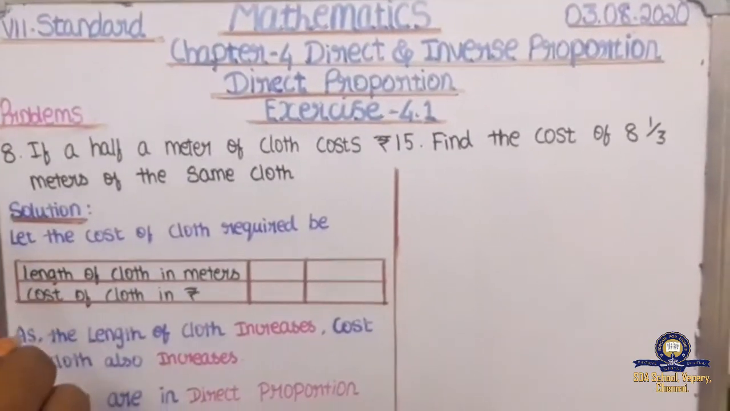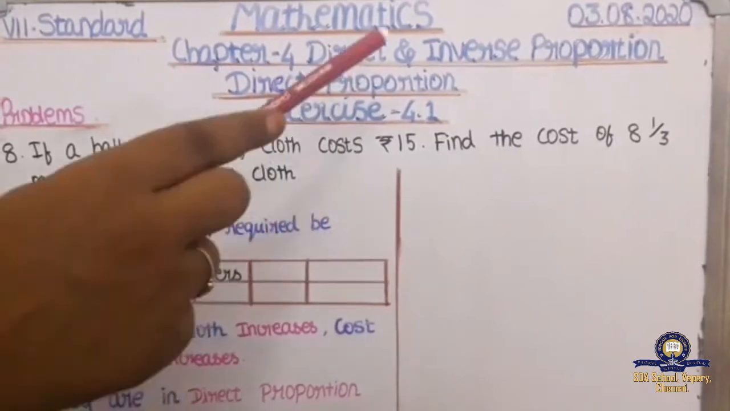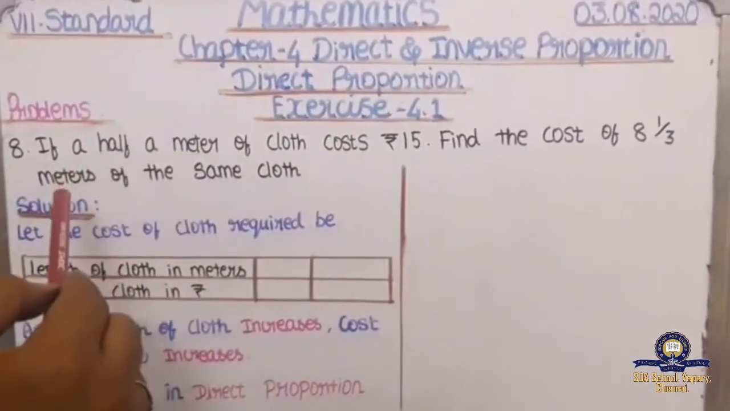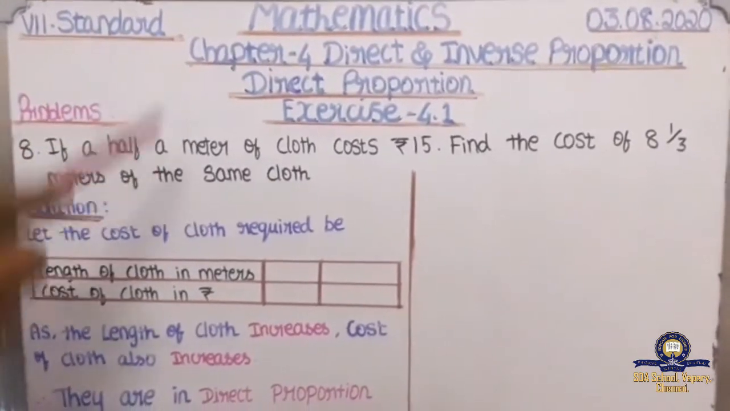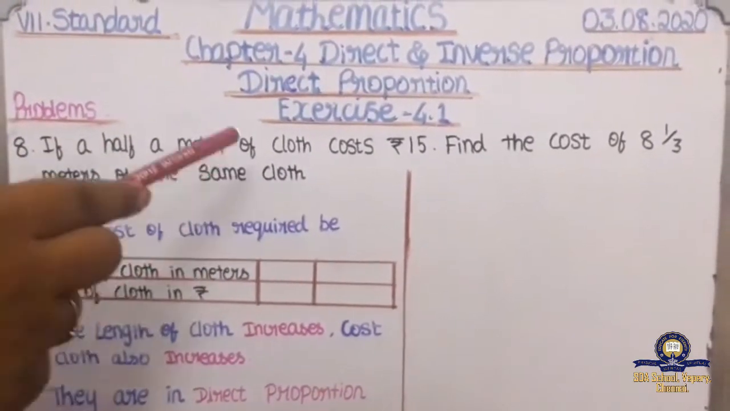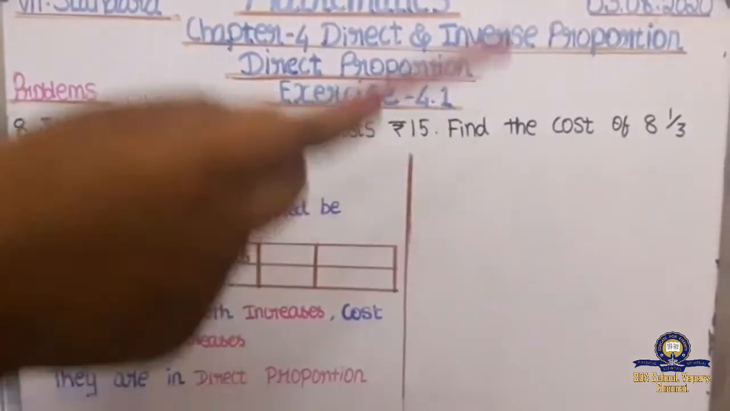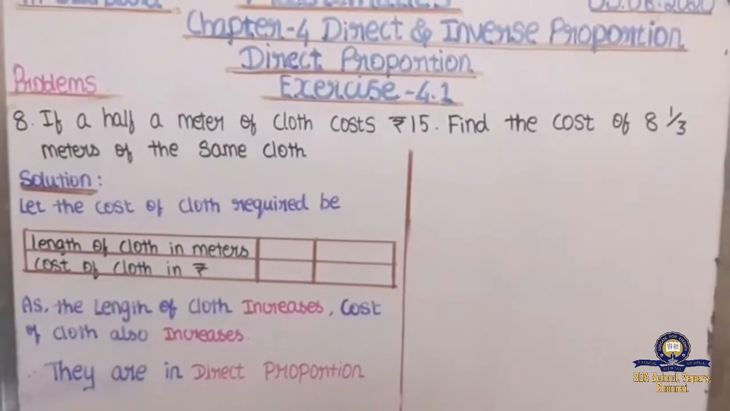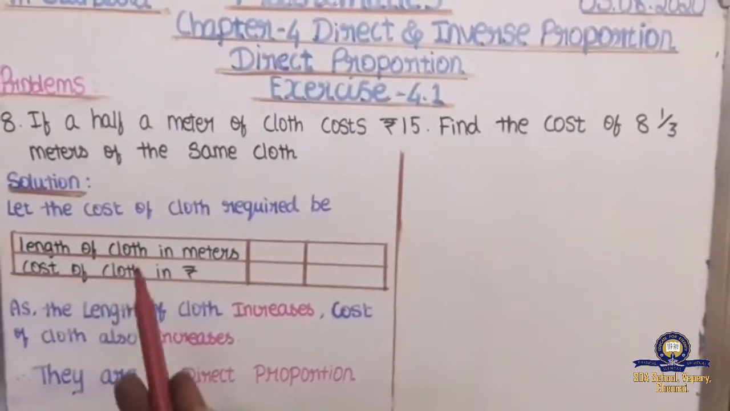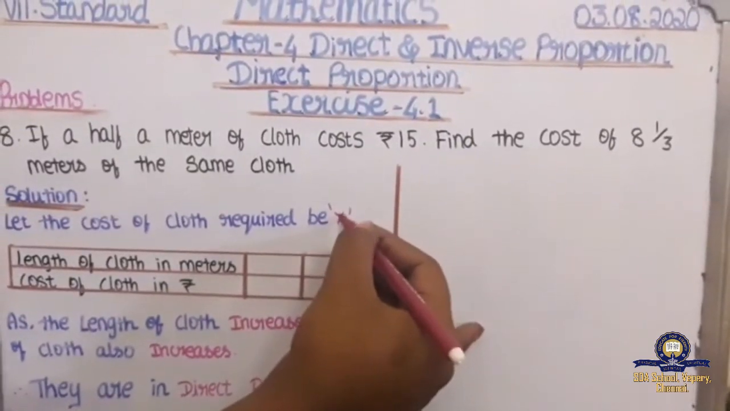The next problem given here is, if half a meter of cloth costs rupees 15, find the cost of 8 1/3 meters of the same cloth. So here half a meter, which means 1/2 meter cloth costs rupees 15. We need to find the cost of 8 1/3 meters of the same cloth. So here let the cost of the cloth required be taken as x,